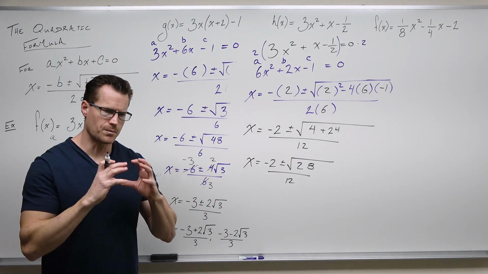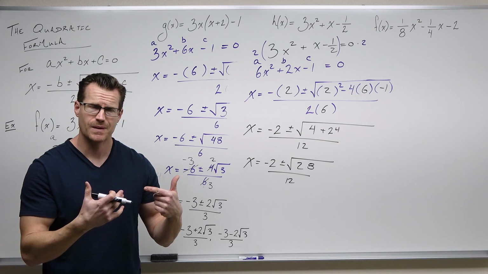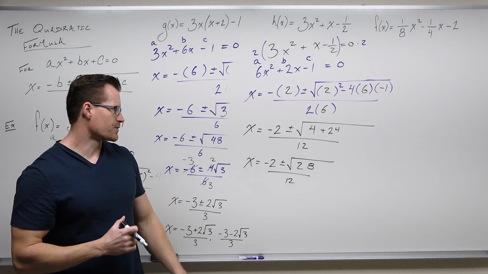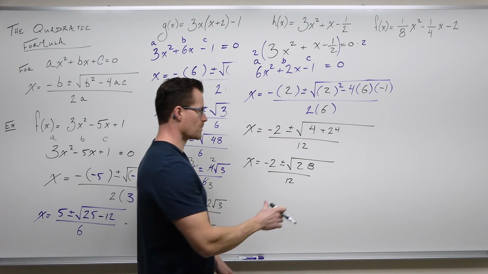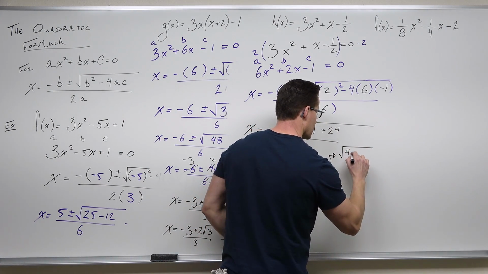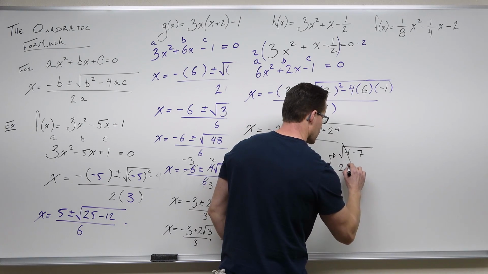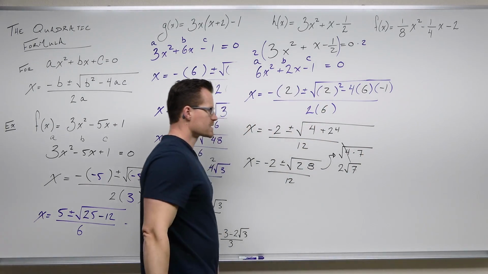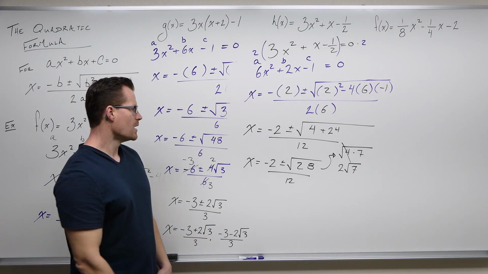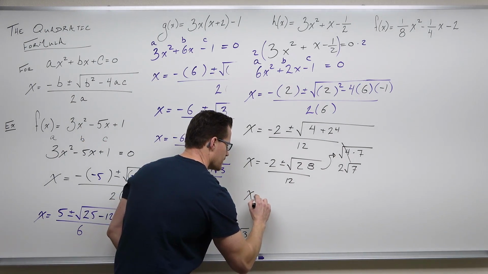We're looking for the biggest perfect square that's a factor of that number, so we can take the square root of it. In this case, the biggest perfect square that divides 28 is actually 4. So if we simplify that square root of 4 into 2, we can't simplify the square root of 7, it stays there. What we get is this